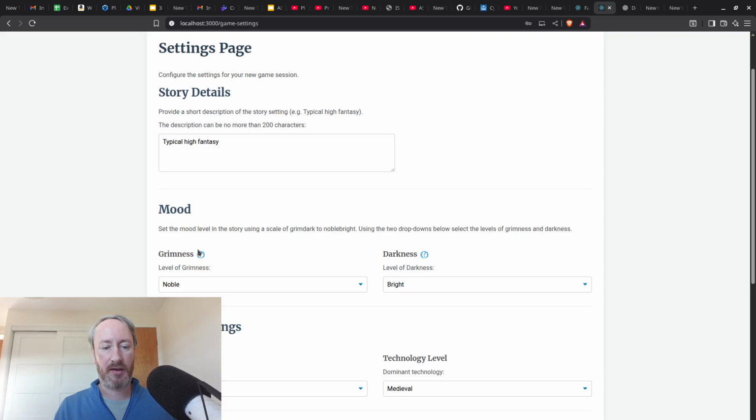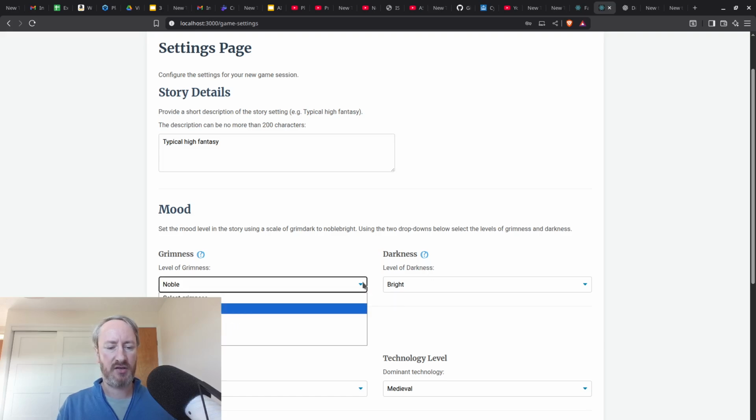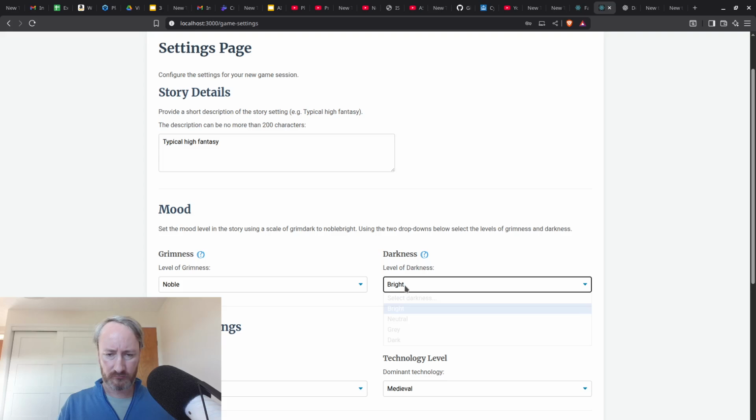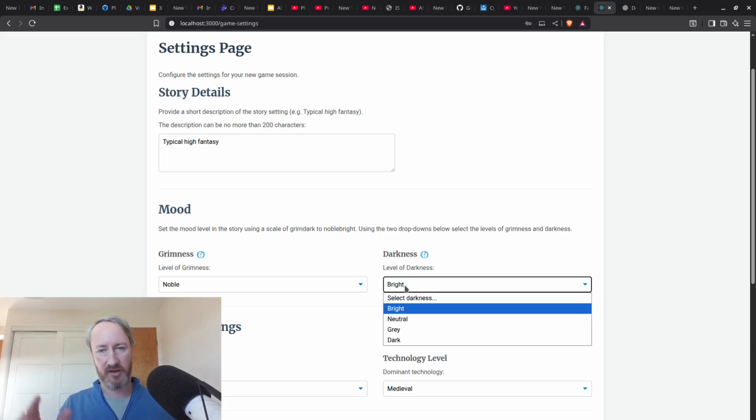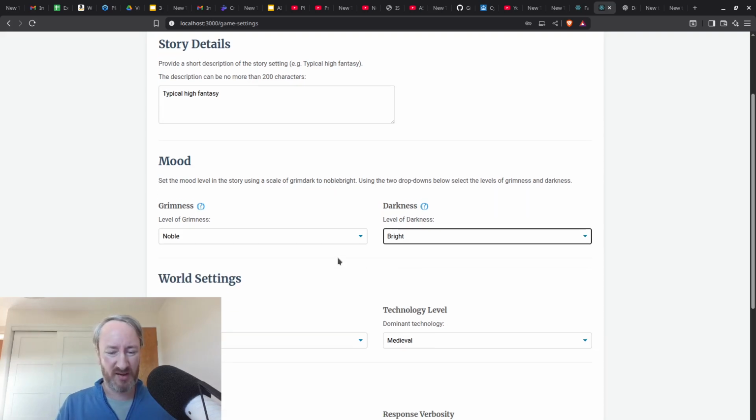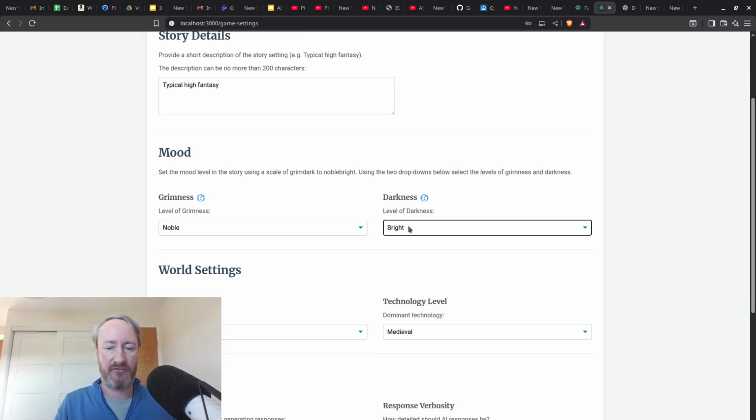The mood, this is kind of, if you're used to things like Warhammer 40,000, you'll know of things like grim, dark. So it's a level of grimness and a level of darkness, which is like grim and bleak, or neutral and noble, and then dark, grey, and then neutral and bright for the darkness level, which I've just set for noble, bright. You could set it to be whatever. Let's put it kind of neutral